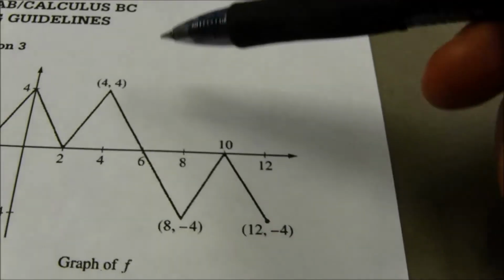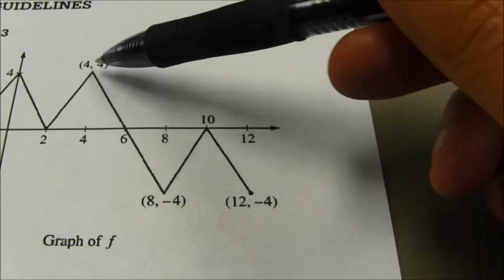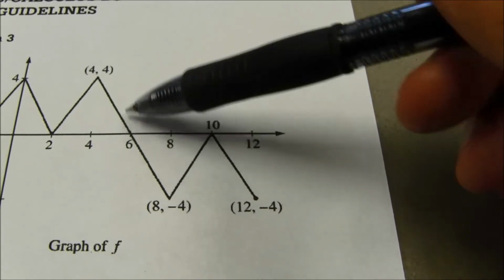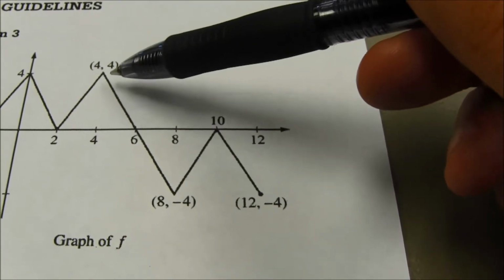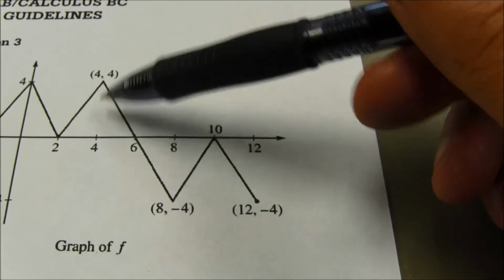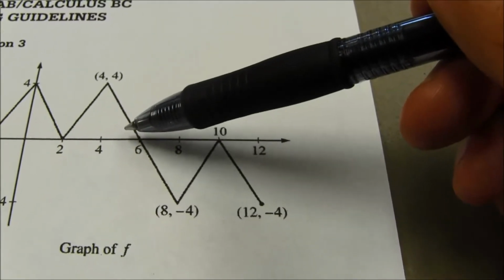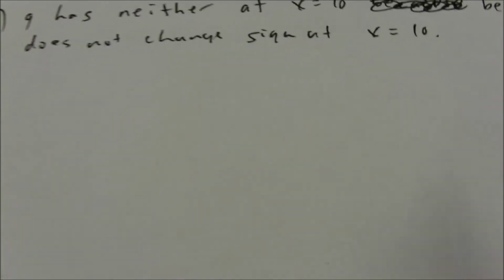So if you look at the slope here, f prime is positive coming into 4, and then f prime is negative going out of 4. We have a change in sign. I could draw a number line for that, but this is a pretty basic idea. So because f prime, which is the same thing as g double prime, changes signs at 4, we do have a point of inflection. So I'll say something like,